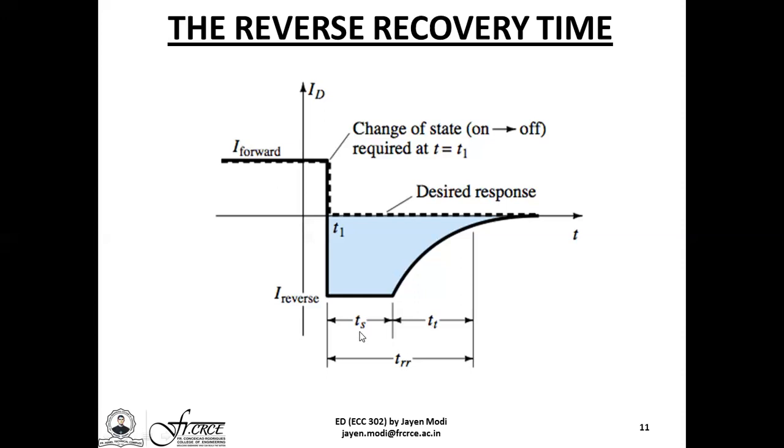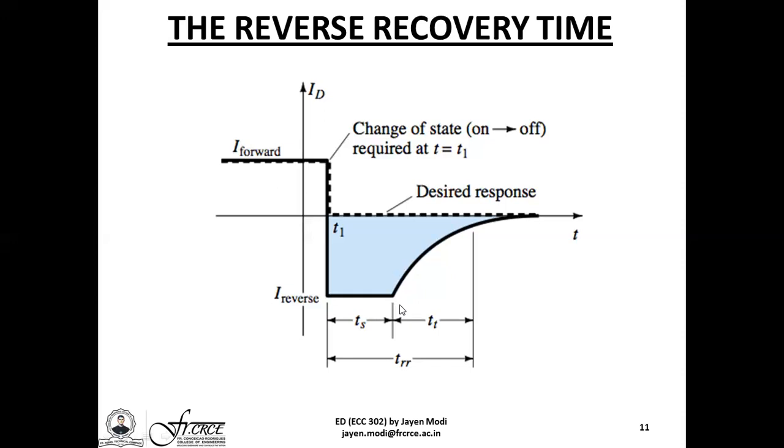So TS indicates the storage time, because this is nothing but the time taken for the current to flow in the reverse condition although the supply voltages have now been reversed. Due to the presence of these minority carriers inside the device, recombination still keeps on taking place. So there is a certain amount of time taken for the entire recombination to be completed. That is why, from the graph, what we see is that the current does not cease immediately, but instead goes on for a certain time called the storage time.